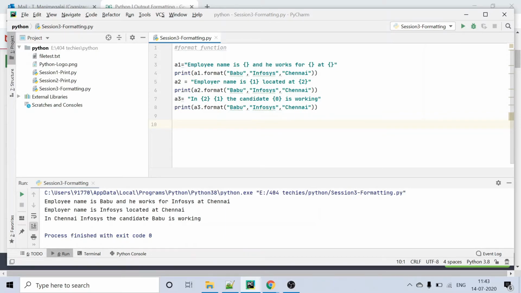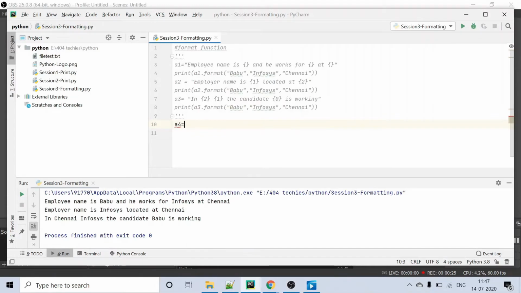For integer, I am commenting this out. The time here is colon 45. A equal to 11, B equal to 45.